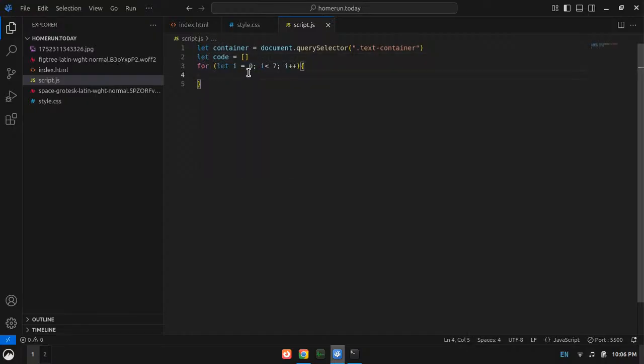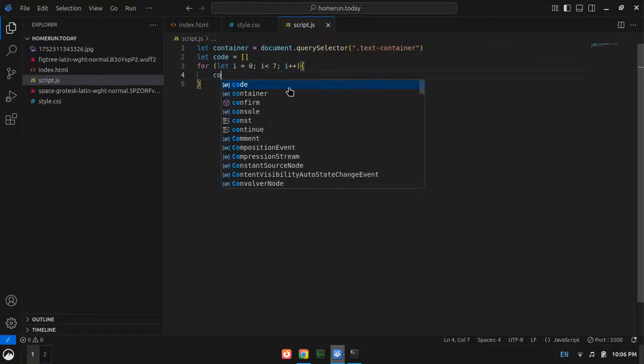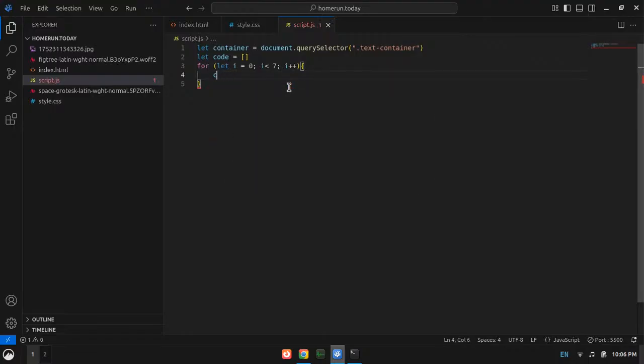an array. So code is an array, and just see what I am going to do. It is actually very childish, but whatever. Code dot, so now I need some cd for code. Let's say cd equal to a div, it's going to be a div, and also let's close the div.